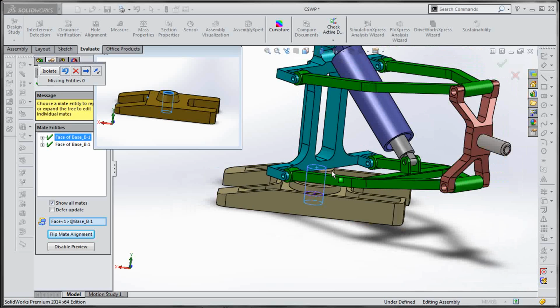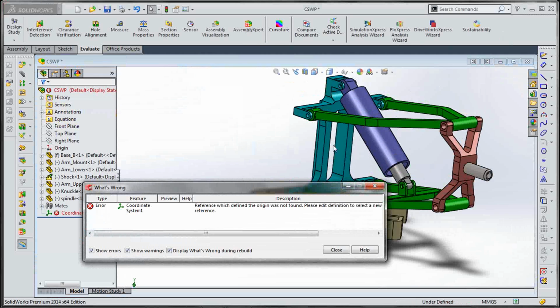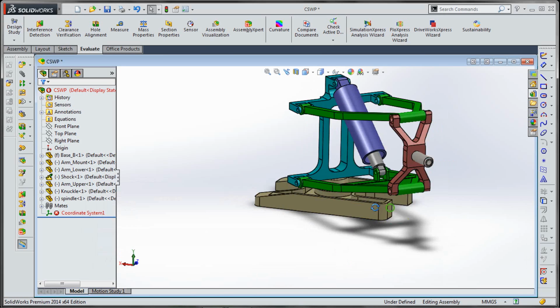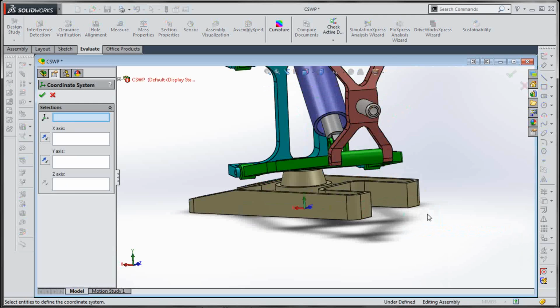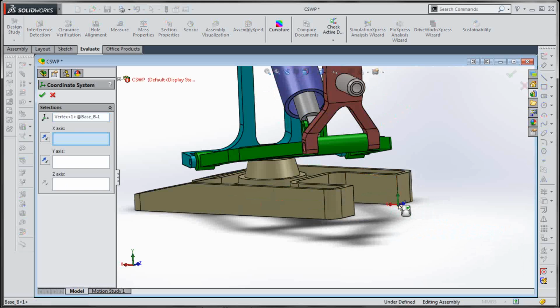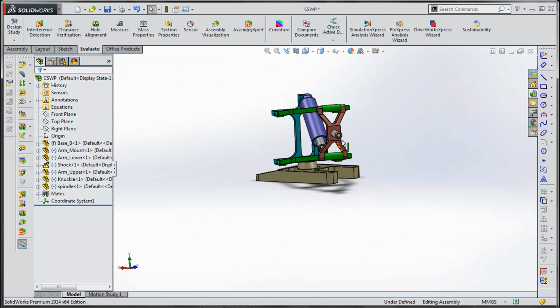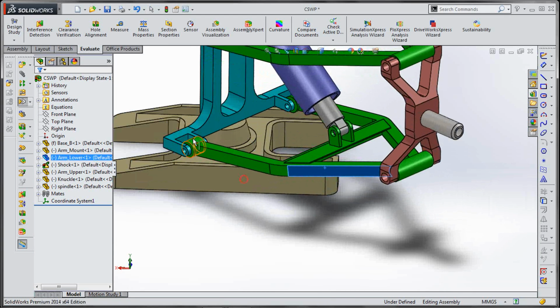So right click to confirm and exit, and now we have only one error connected with the coordinate system. Now we will solve this. It just needs a point. So everything looks fine. We don't have errors.